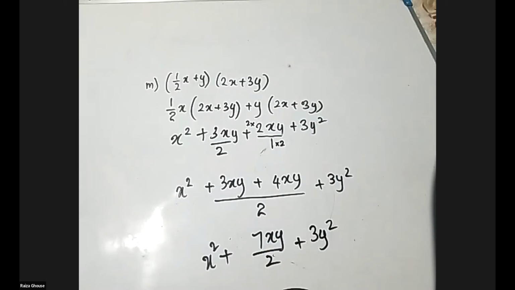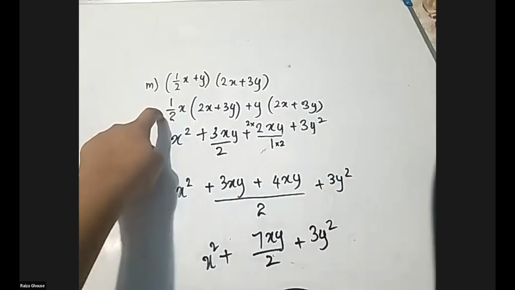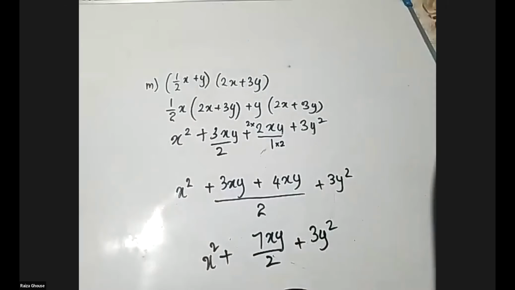How many of you got this answer? Raise your hands. Great. A small number, but considerably good. Maybe you might have gone wrong in this multiplying part. Maybe somebody has gone wrong in the LCM part. They might have added and written the same denominator. These are common mistakes, but make sure you avoid them.